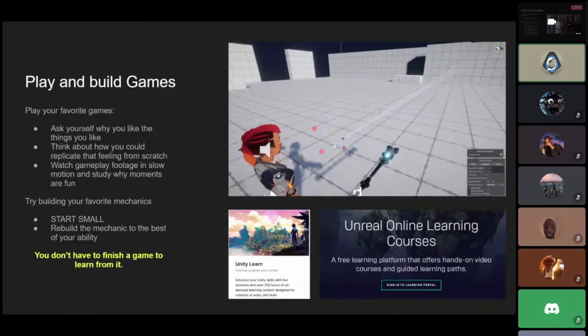It's very polished. Watching anything in slow motion is a really good way to understand why different moments feel good. You can listen to lectures from GDC. Actually, I should have put GDC on this slide. Listen to the free lectures from GDC and listen to them talk about Overwatch. You can also watch those same moments in slow motion on Overwatch and pick up on new things for yourself if you're just asking, why does this feel good?